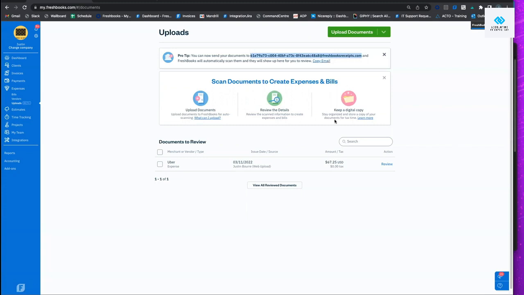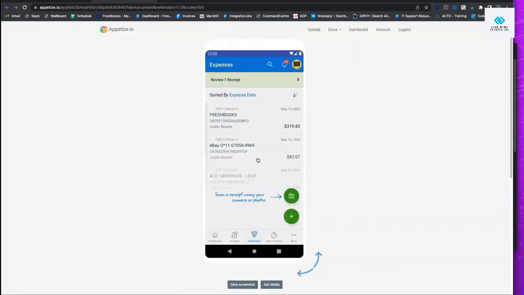Once the receipt is uploaded, either in FreshBooks directly or by using the custom email, you'll now need to review and submit the expenses before the expenses get officially created. On a computer or browser, you can access the review page by clicking Expenses, Uploads, and Review beside each expense. Reviewing expenses can also be done on your mobile device by clicking the Review Receipt banner located on the Expense